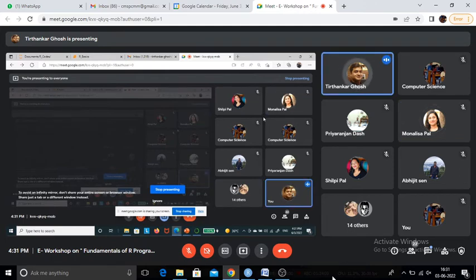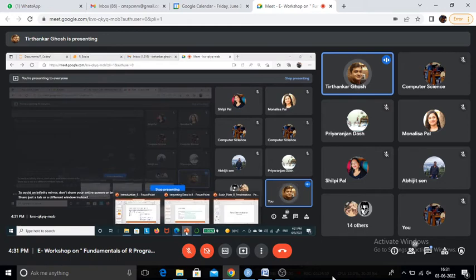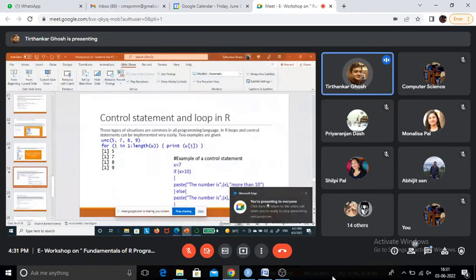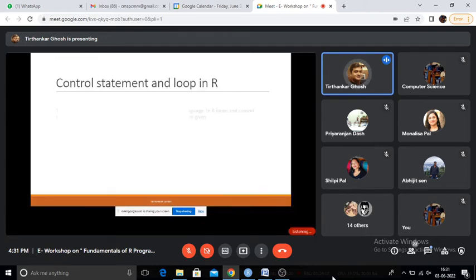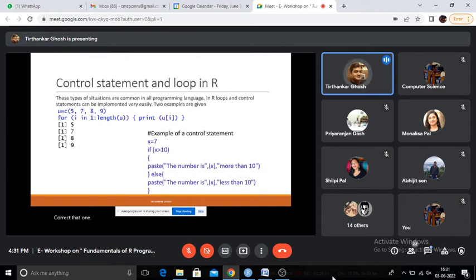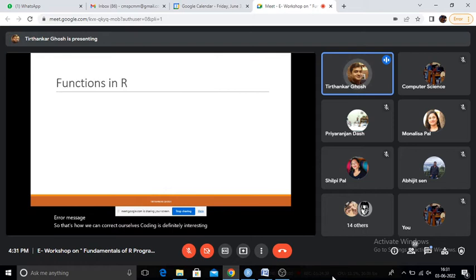I tried my best not to commit any error while I prepared the PPT, but sometimes it still happened. I know that the determinant of 729 is a mistake, so we need to correct that one. But see, don't get scared or worried when you have an error message. That's how we can correct ourselves. Coding is definitely an interesting job, and if there is something wrong, we can correct it, and that's how we move on.